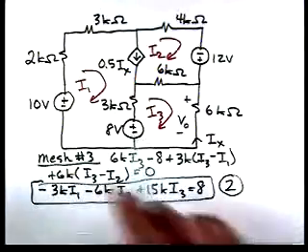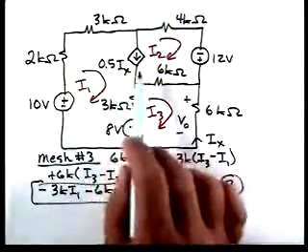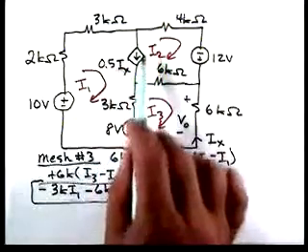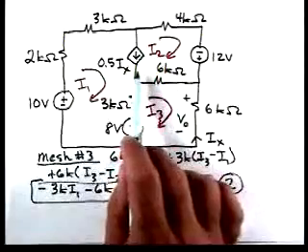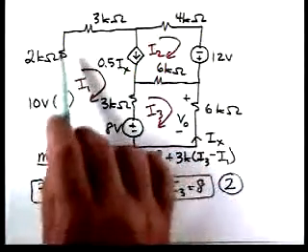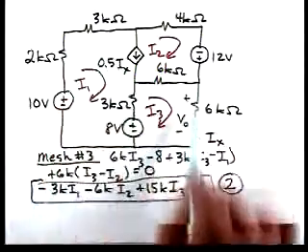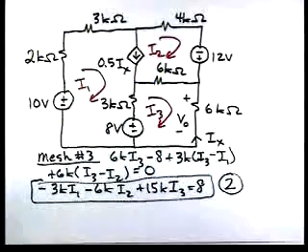We don't apply KVL to any mesh that contains a current source. But for instance, we could open up this current source and find some loop. And one loop is around the outside. So if we apply KVL to the outside,